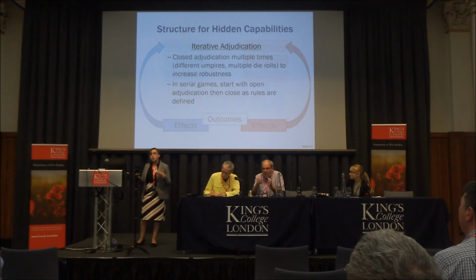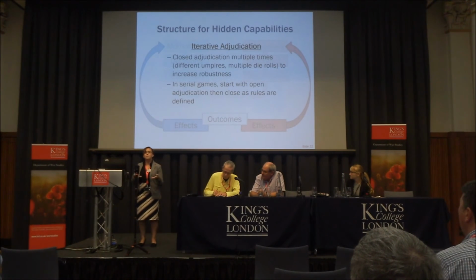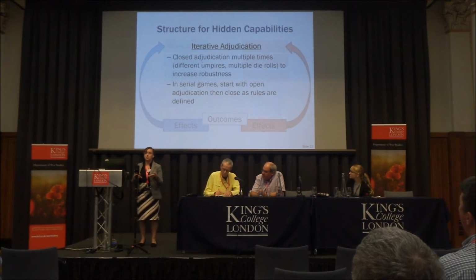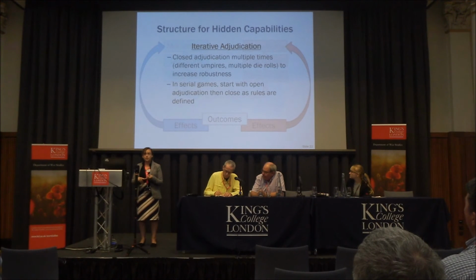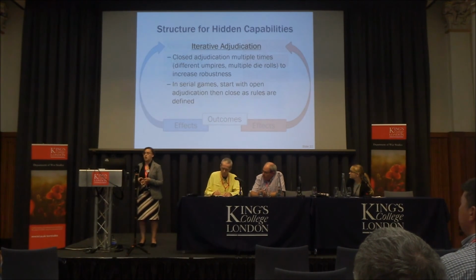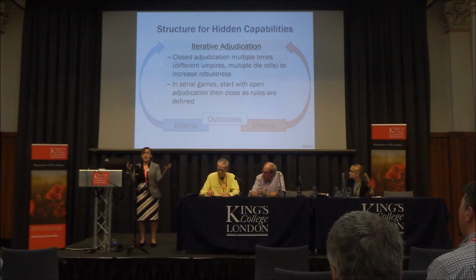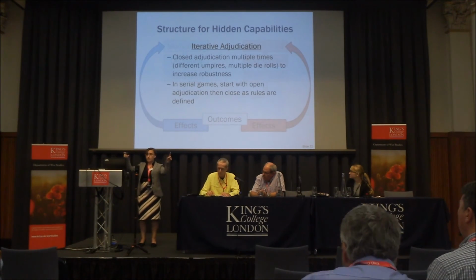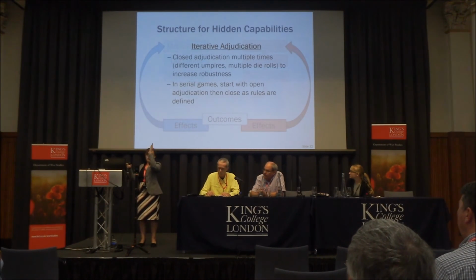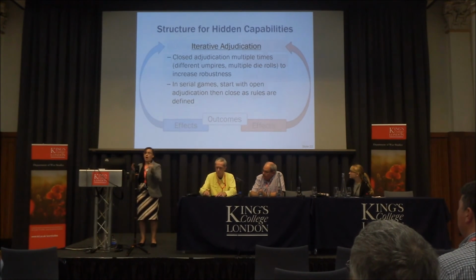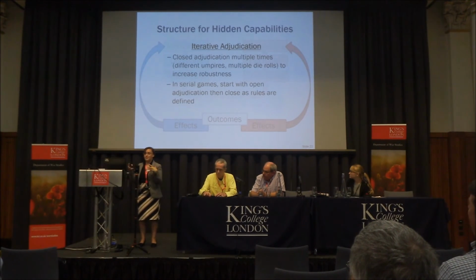Somewhat similarly, I think when we're talking about hidden capabilities, we're in the same position that we need to have some sort of iteration in order to either build up face validity or to sort of show partial answers that will tell people, hey, look, there's a reason to believe that I probably know what I'm doing with my adjudication. So you can think about an instance where you adjudicate the same interaction multiple times and you show players a range of, sort of, here's how the distribution fell, here's the sort of point that was the actual live roll. You can get some feedback about that decision space.